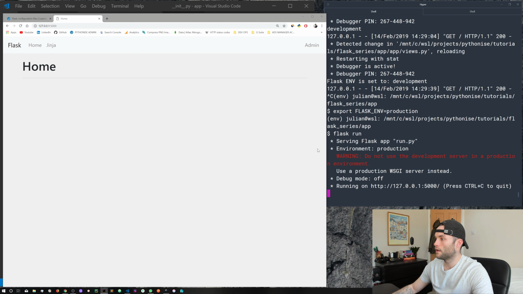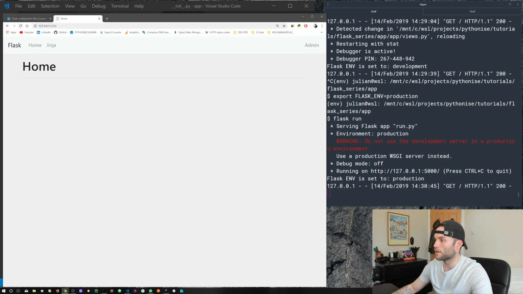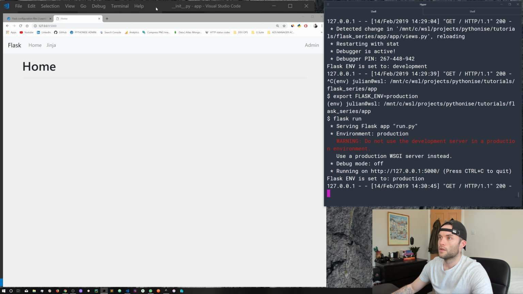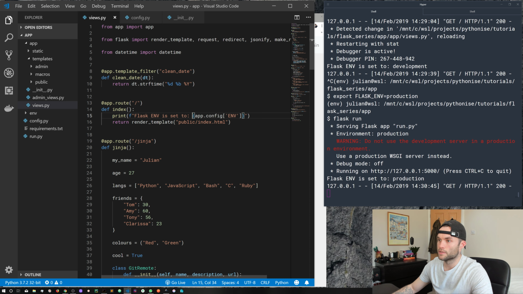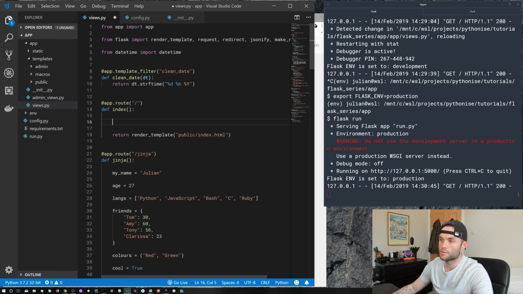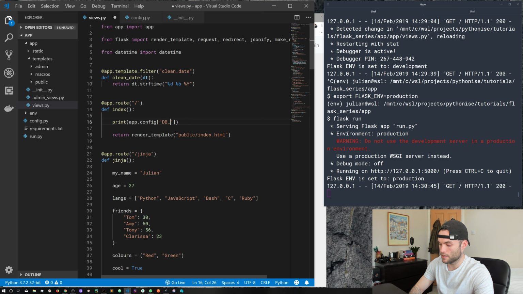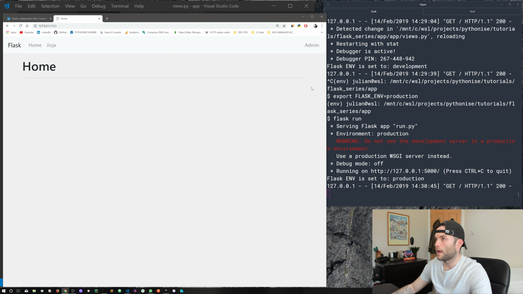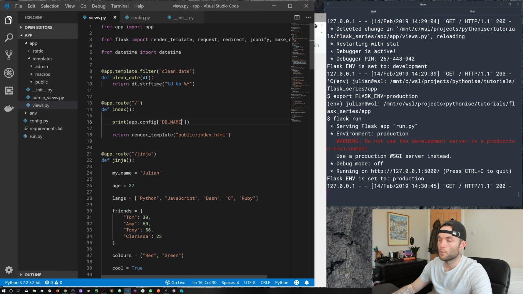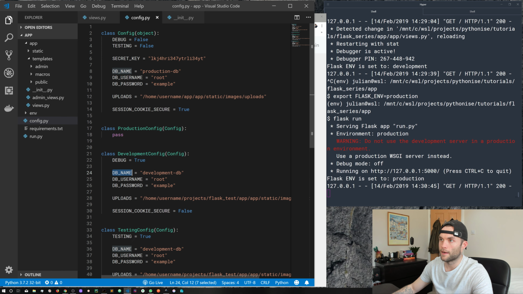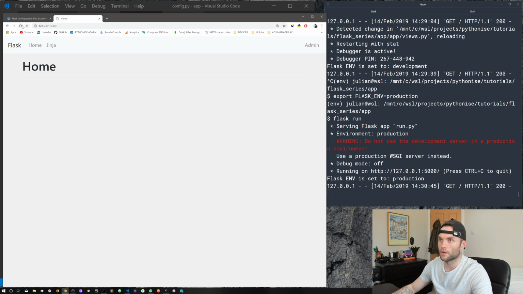So here we are. We're in a production environment. And if we go ahead and reload that, you can see here our Flask env is set to production. So let's say we want to connect to a database. We might want to, in one of our routes, probably not in a route, but somewhere else in the application, connect. So let's just throw in a print here and app.config db name. And because we're in our production environment, we've loaded the production config. So our DB name is going to be production DB. So if I go ahead and refresh that,